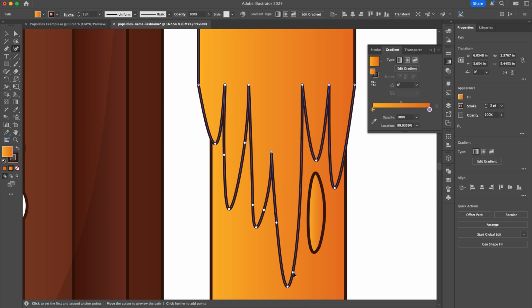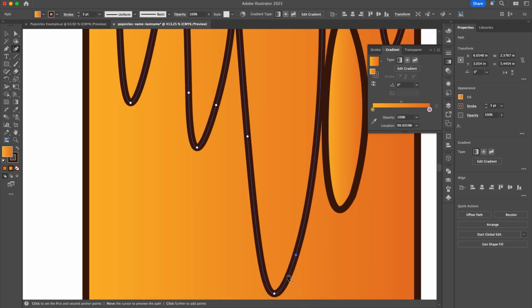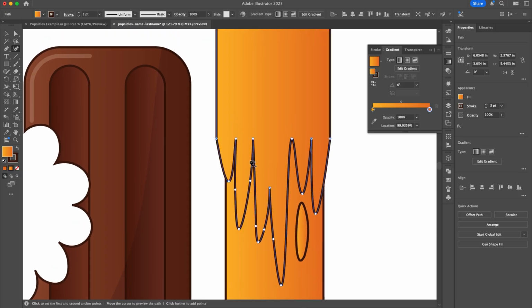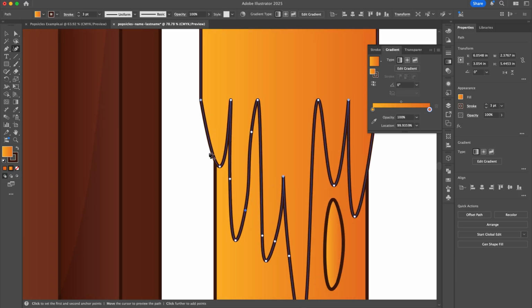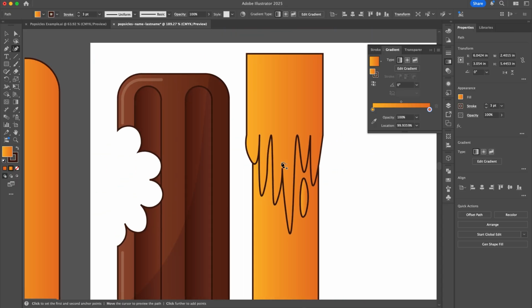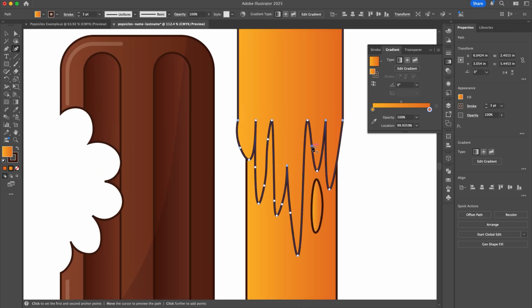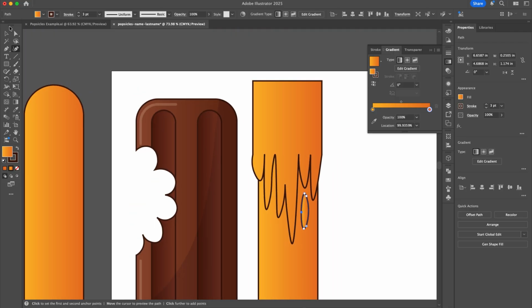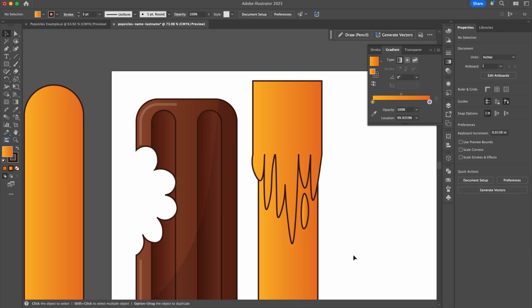You can also select an anchor point or a curve point and hit delete on your keyboard to remove them. There may be times where you're doing that as well. You can click somewhere where there's not already a point to add new ones. In the end, when you're completely happy with how the drips are looking, you will, if it is two separate